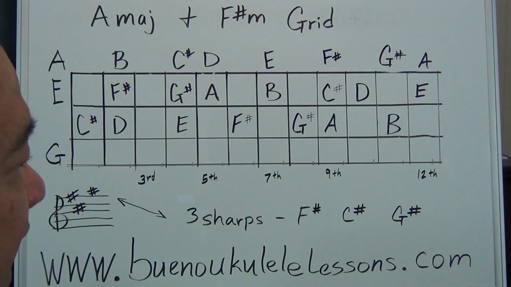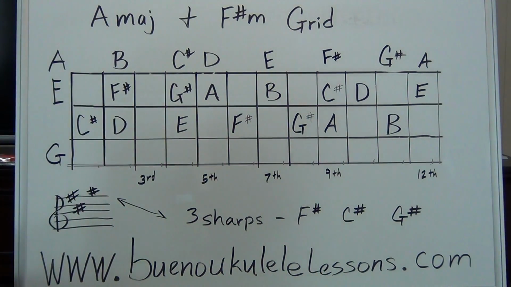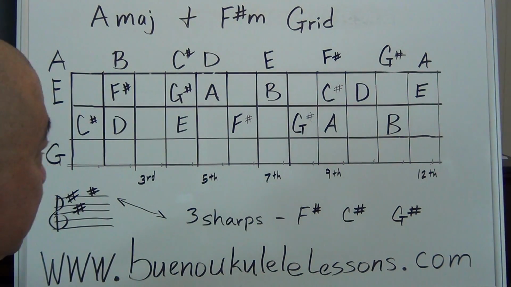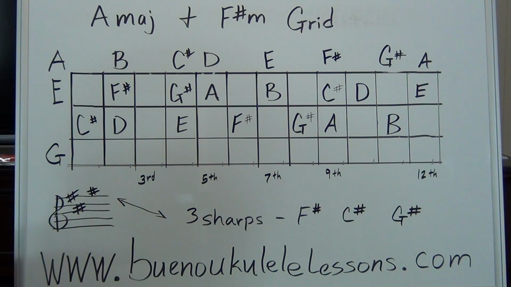Some things that I never really talked about too much, I might have mentioned it, but within the scale you have modes, okay? And modes are basically scales within a scale. So within the A major grid you have different modes, and like I said, modes, M-O-D-E-S, are scales within a scale. For instance,